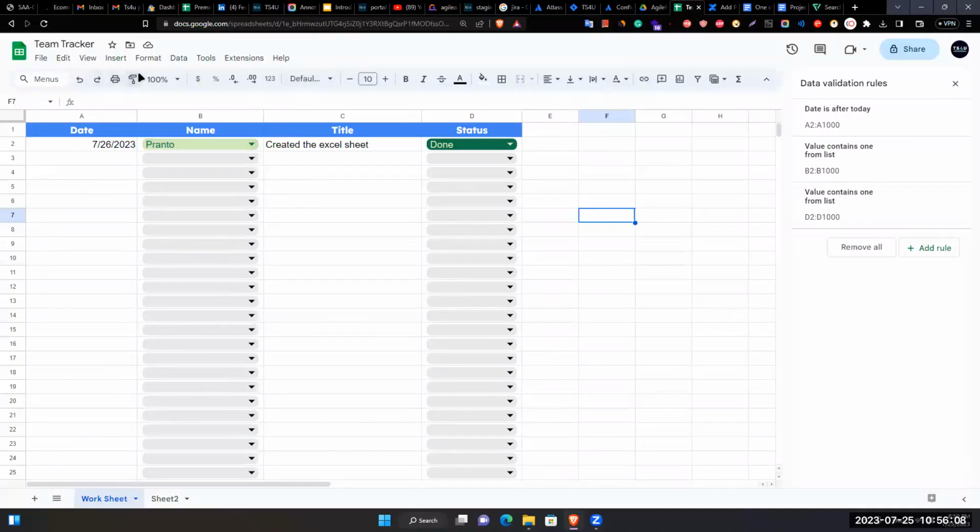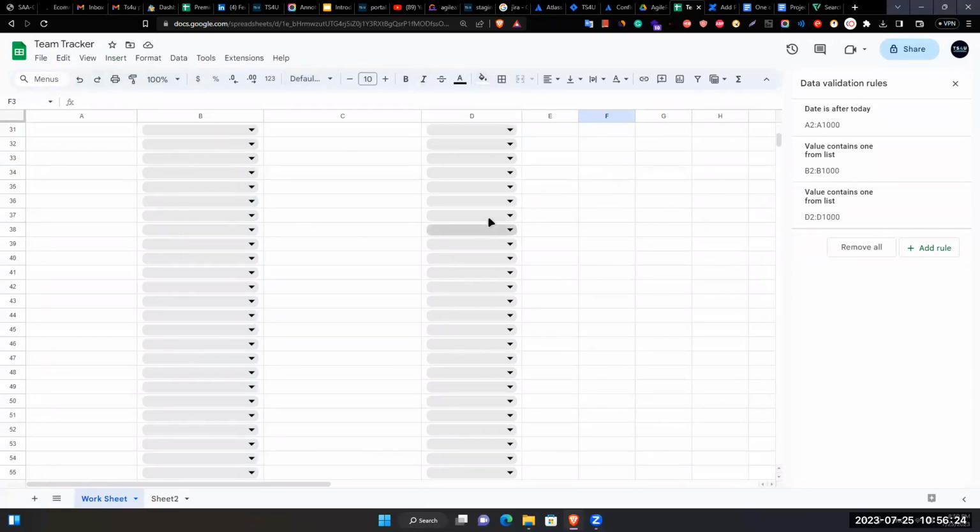So yep, and also here what you can do, you can change the font size, make it bold, make it italic, change the color. You can also add the borders if you want. Okay, and then also let's say if I